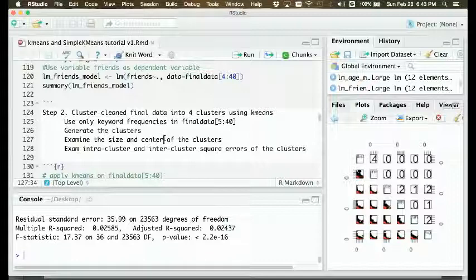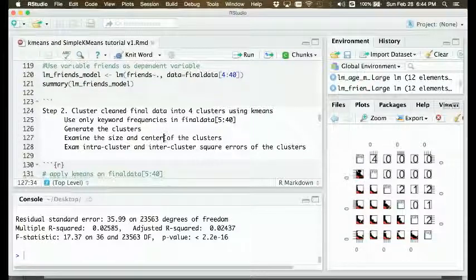For example, we want 3 clusters, and then the second step is to randomly select 3 centers, and those centers are randomly selected, and then it will calculate the distance between each data point